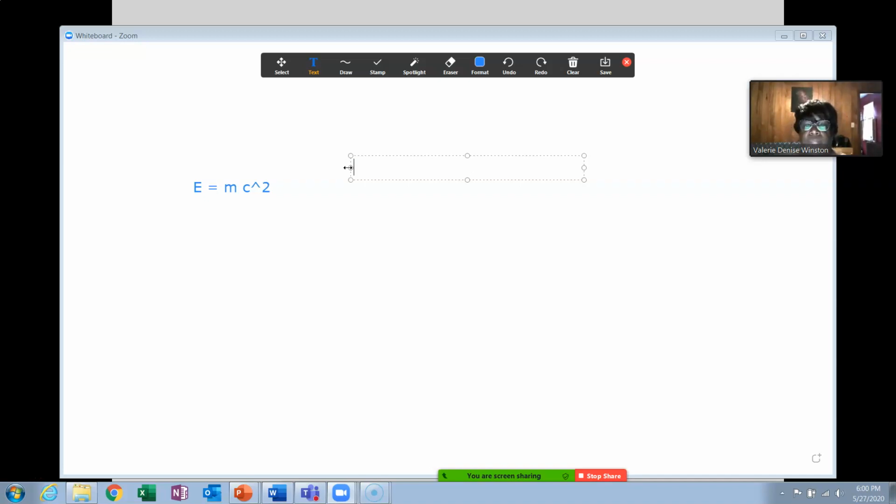It's 2.51 raised to, and I have to use the caret key, the power x, where x is the difference in magnitude between the two objects. That's equal to the ratio of the brightness, B2 divided by B1.